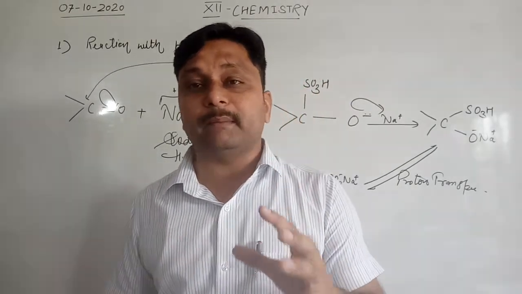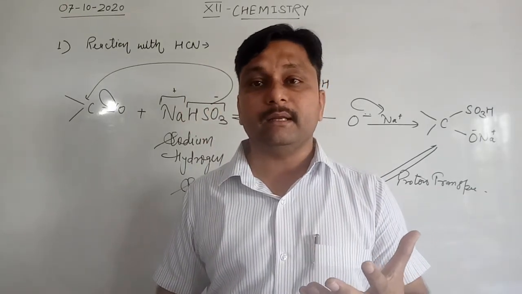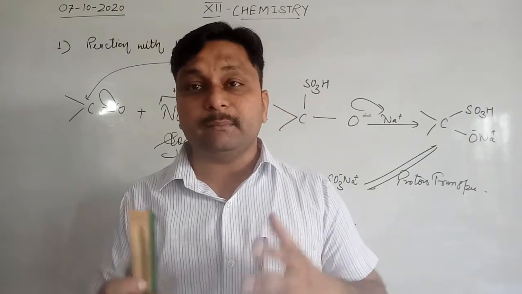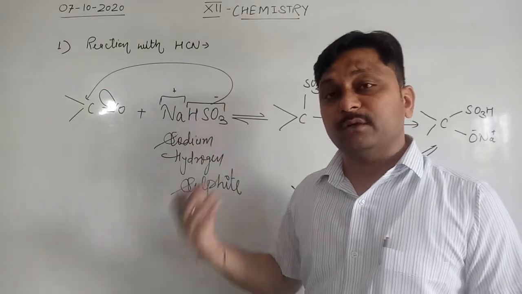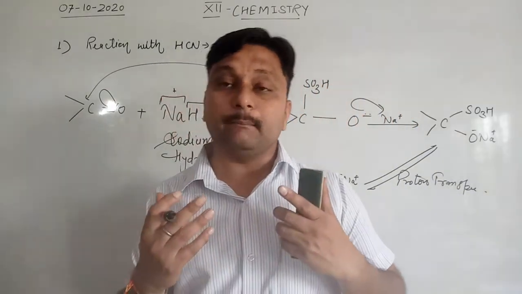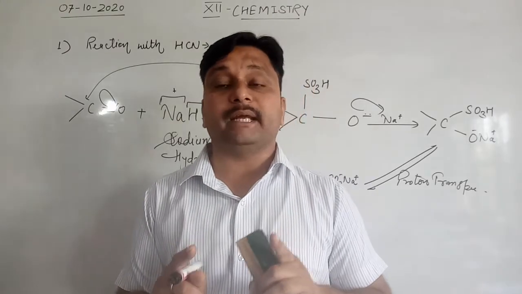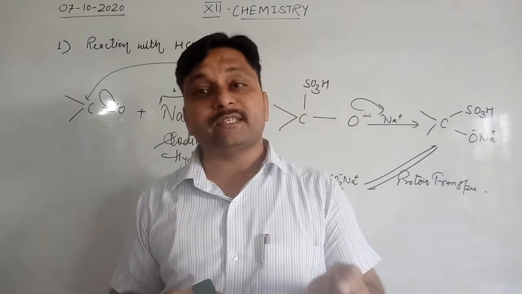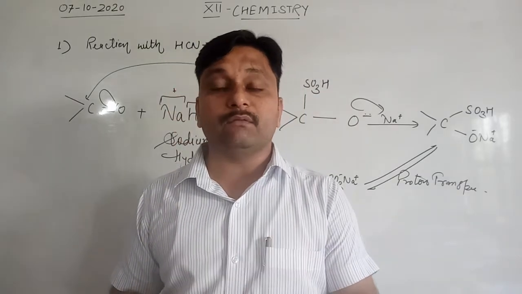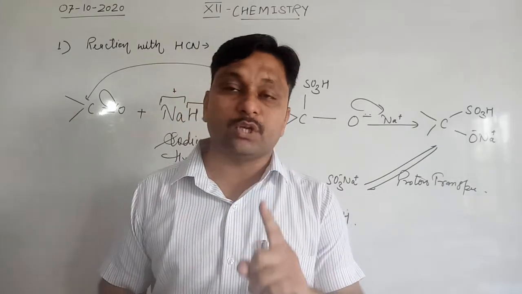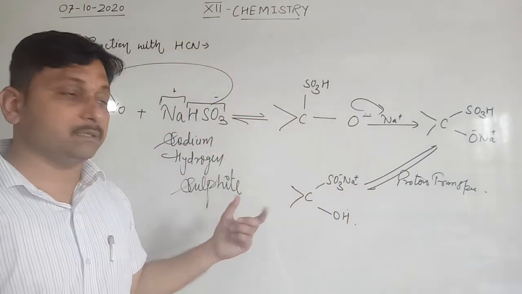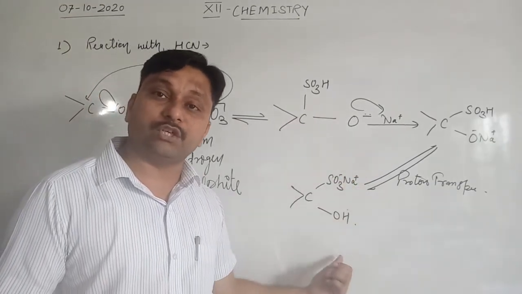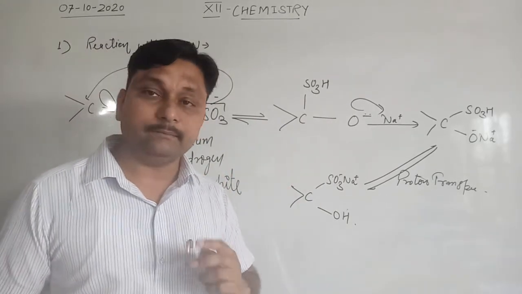सपोज करिए किसी टेस्ट ट्यूब में हमारे पास एल्डिहाइड और कार्बोक्सिलिक एसिड दोनों प्रेजेंट है. क्लियर? दोनों कंपाउंड्स एक दूसरे में मिसबिल हो चुके हैं और हमको फिर दोनों लिक्विड्स को कैसे सेपरेट करेंगे. अगर हम ये रिएक्शन फेवर करा दें, अगर हम सोडियम हाइड्रोजन सल्फाइड उसमें डाल दें तो वो सोडियम हाइड्रोजन सल्फाइड एक क्रिस्टलाइन कंपाउंड फॉर्म करेगा और वो कंपाउंड सिर्फ और सिर्फ कौन बनाएगा? एल्डिहाइड. उस कंपाउंड को हम फिल्टर करके अलग कर लेंगे. क्लियर? और अगर उसको हम फिर से एल्कलीज में डिसॉल्व कराएं तो वो कन्वर्ट किसमें हो जाएगा? एल्डिहाइड्स फॉर्म कर लेगा. मींस हम आइसोलेशन में किसका यूज कर सकते हैं? हम इस रिएक्शन का यूज कर सकते हैं. मींस दिस क्रिस्टलाइन कंपाउंड used for the isolation of aldehydes and ketones. Clear?